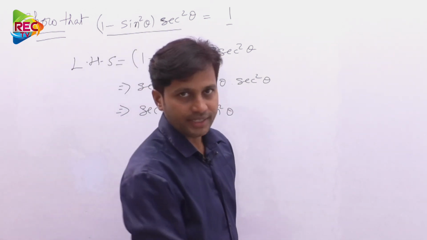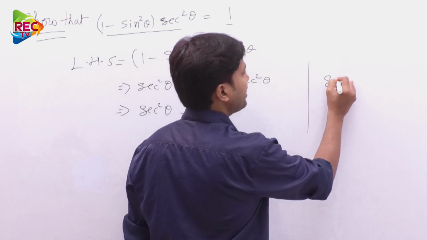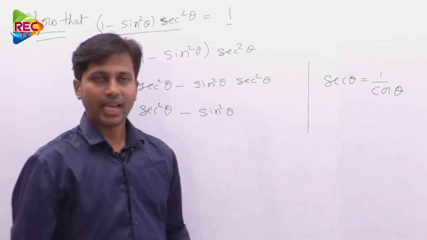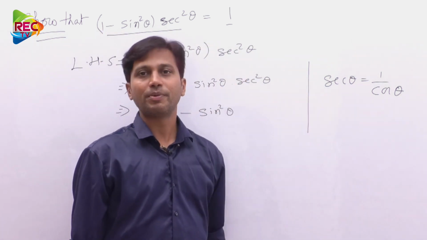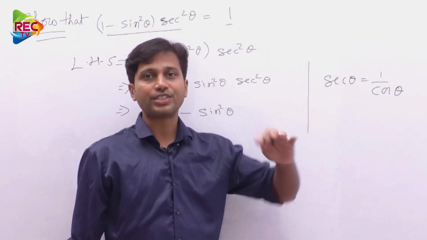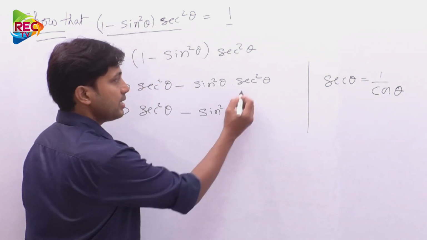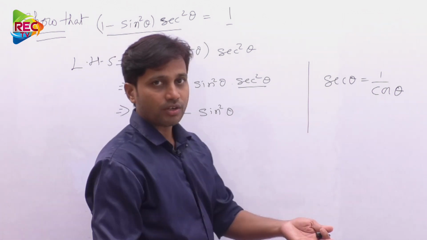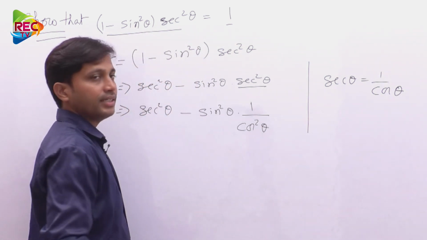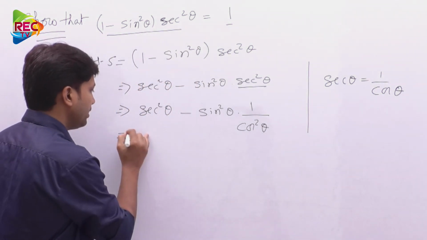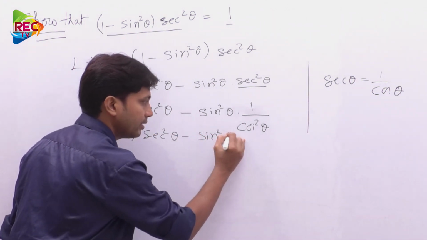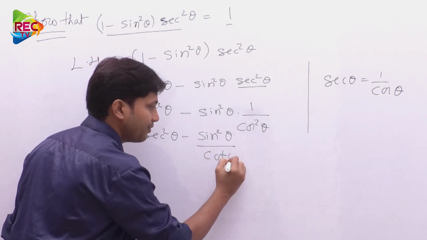from the basics of trigonometry. Here see, secant theta is reciprocal of cos theta. Is that right or not? Actually, we have learned this in the basics of trigonometric ratios, that secant theta and cos theta are the reciprocals of each other. So, therefore, we can write this secant square theta equal to 1 by cos square theta or not? Let us use 1 by cos square theta, right. So, just rearrange them. Here this is secant square theta minus this would be your sin square theta by this is cos square theta. Can we write like this or not?